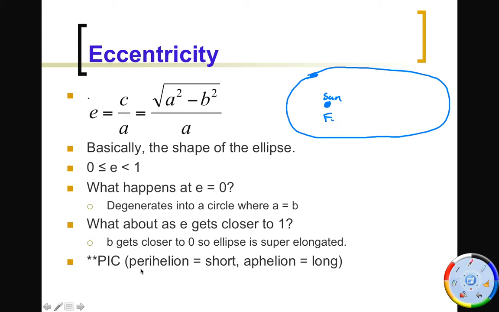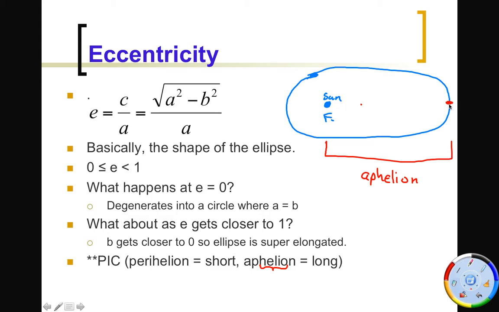And what comes up is the perihelion and the aphelion. The aphelion is the longest distance we are from the sun. And this is, let's use a different color. So let's say the Earth is here. Then this is the aphelion. Helio meaning sun, by the way. And the aphelion is the distance, since this is the center,